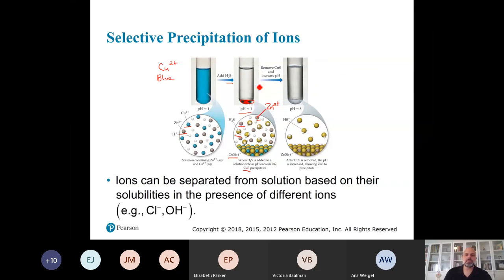If we then filter the black precipitate off or decant it away, and then increase our pH and go up to a pH of 8, a new precipitate forms. This new precipitate is the zinc sulfide, and we're able to precipitate all the zinc sulfide from solution, and then we're left with essentially pure water in the end. So you can see there are ways to selectively precipitate ions from solution. This is the premise